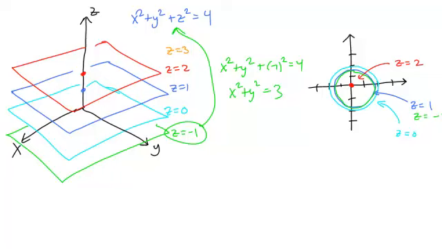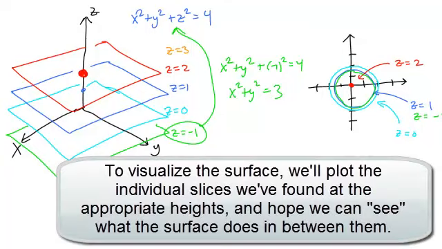So what does this mean in terms of my picture here? Well, imagine taking each one of these curves in the xy plane and drawing them at their appropriate height. So at height z equals 2, I will simply draw one dot. And then I'll eliminate that plane. Next, at height z equals 1,